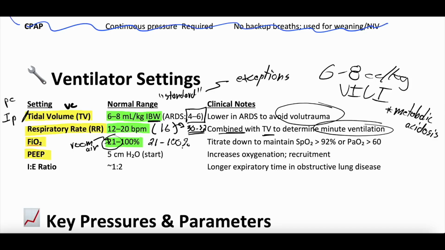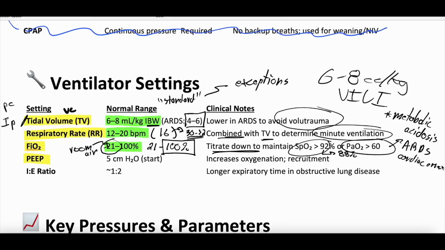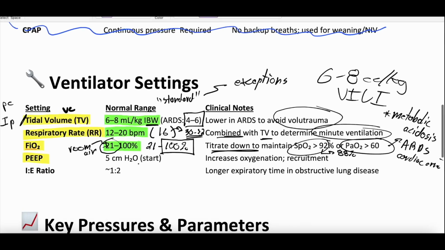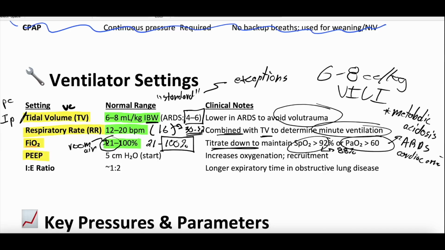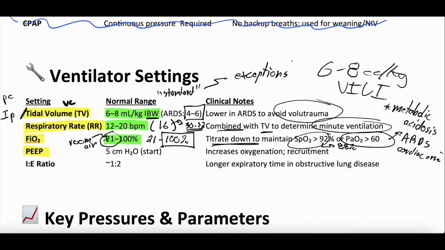When we put patients on the ventilator, oftentimes they'll get started on 100% FiO2, and you can rapidly titrate it down, targeting an SpO2 greater than 92%. Some people put this at 88% if patients have a lot of chronic lung disease, PaO2 greater than 60. There are different targets for things like ARDS or post-cardiac arrest. Sometimes you want this PaO2 a little bit higher, but yes, a good place to start. So these patients often start on FiO2 of 100%, and then you can rapidly titrate it down after you get them intubated. And then PEEP, this is the positive end